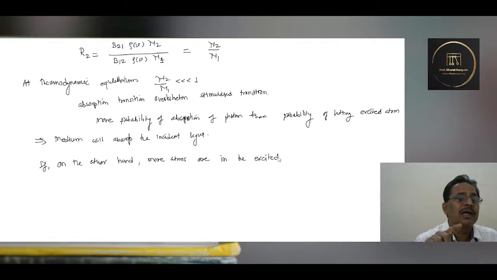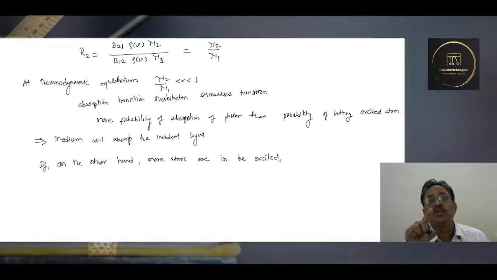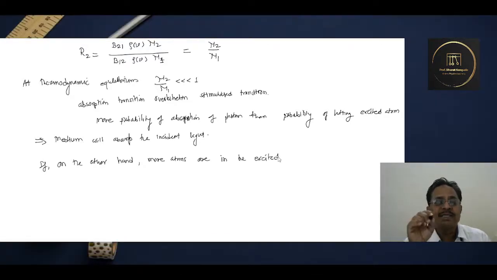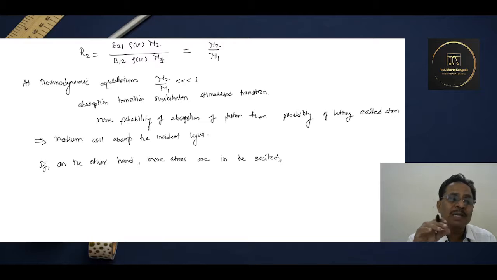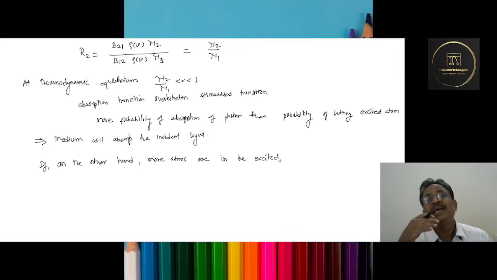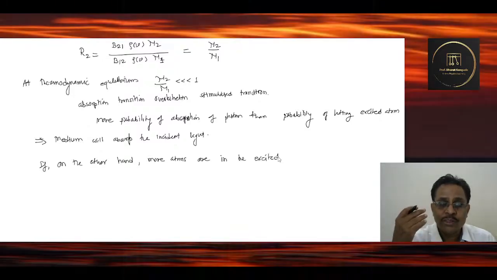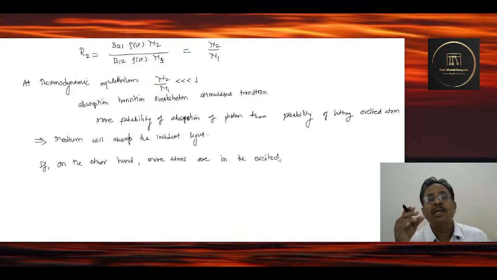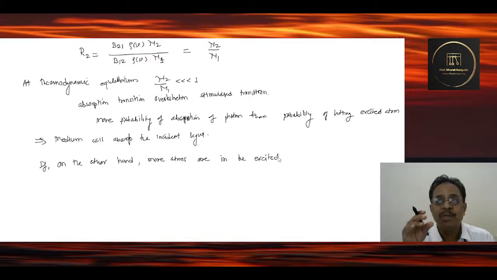For that, we require another concept called the metastable state. Usually, in the excited state, most of the atoms do not remain for a longer time. We have to compel them to spend more time there. At a time, a large number of atoms will be found in some excited states, and when external radiation comes in, all these atoms are compelled to go into the ground state, thereby producing a large pulse of laser beam. So this action is to be carried out, and that's what we are writing here.